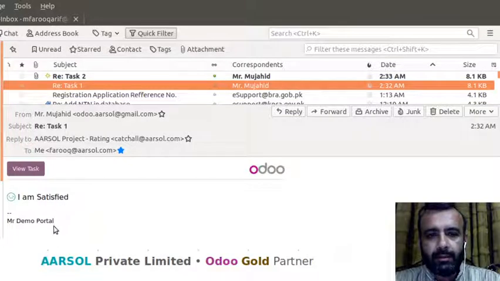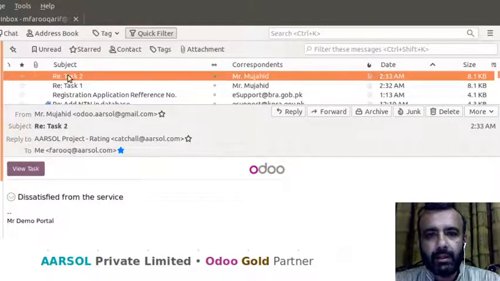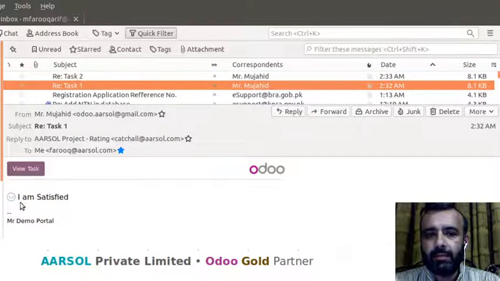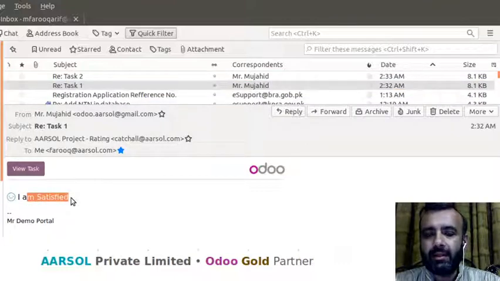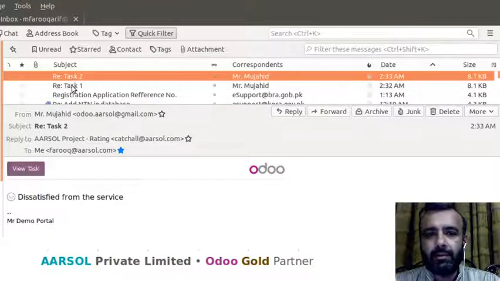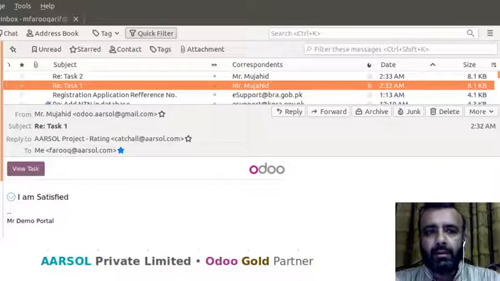I am satisfied, and here I can say view the task, and this mail was from Mr. Mujahid, and then another email, dissatisfied from the service. You can see here the icon of dissatisfied or satisfied, and the text that was sent with that feedback. Now if I move from here